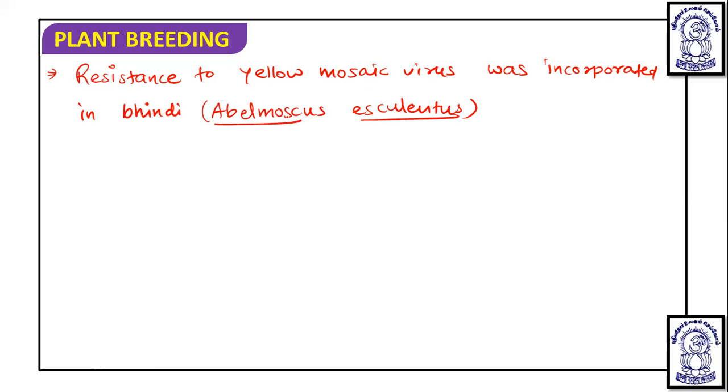Okay, so resistance to yellow mosaic virus was incorporated in bhindi, that is Abelmoschus esculentus,